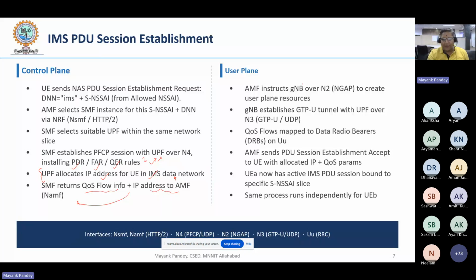AMF instructs, once it gets the quality of service and everything, so depending upon that it instructs the gNB to create user plane resources. The gNB establishes a GTP-U tunnel with the UPF over the N3 interface. Whatever QoS data is there, it is mapped on the Uu interface to assist RRC and the radio, because